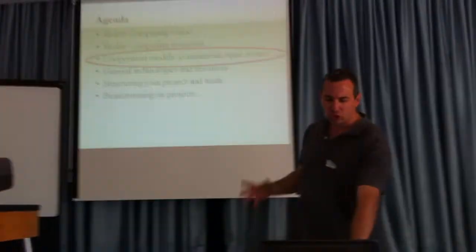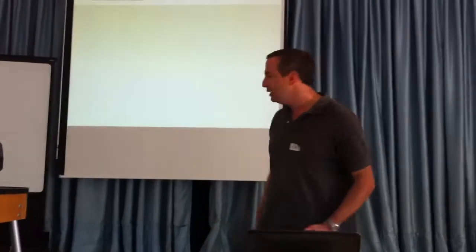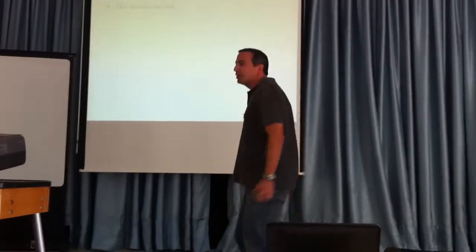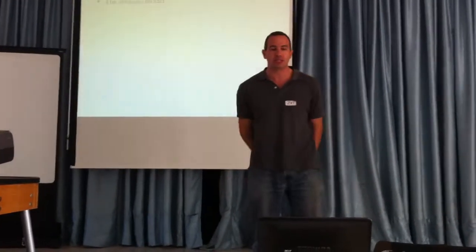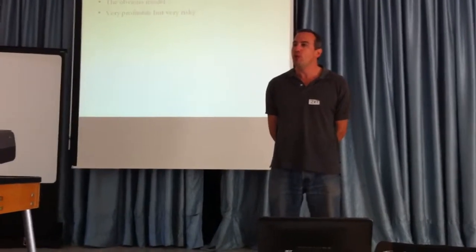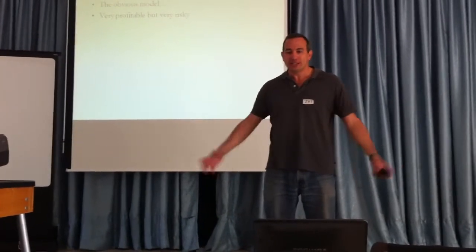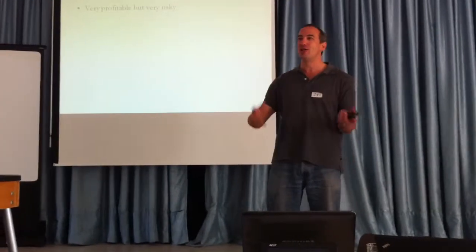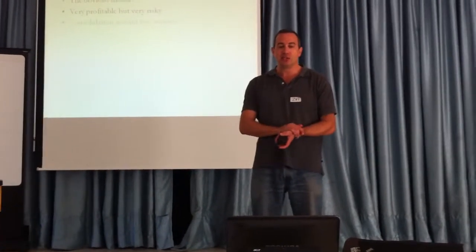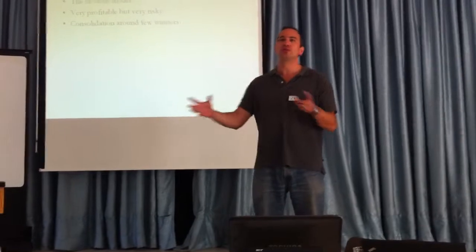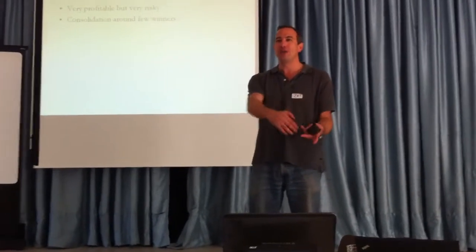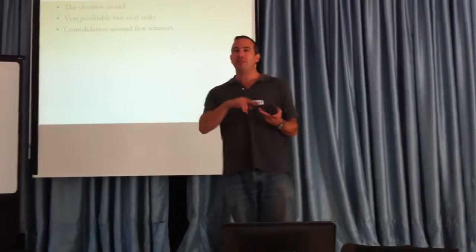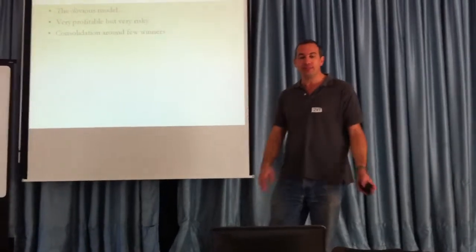Okay, we should move on because we've got about 10 minutes. I'm going to talk just very briefly about cooperation models. The most obvious one is commercial. I doubt that in the hackathon we're going to get into commercial, but companies are still the most obvious way to build software projects. Software can be very profitable. It's also very risky. There's a lot of competition. And there's a lot of consolidation happening. More and more software is coming from Microsoft, IBM, Oracle, making it harder and harder for startups.